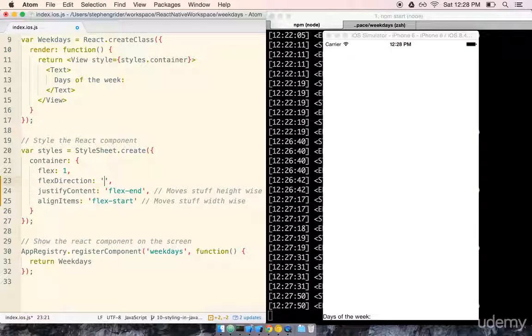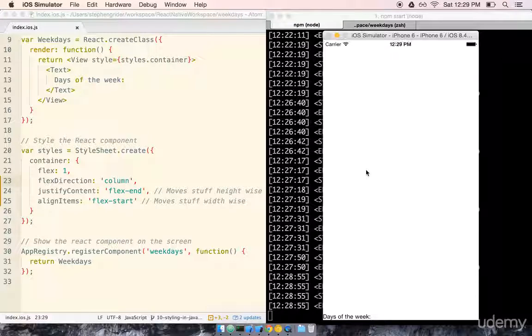Flex direction always defaults to column. So even though we didn't write flex direction before, it really is a default style. It's something that already exists on this element. So I'm going to go ahead and save, and really we should expect to see nothing change here, right? Nothing should be changing. So I'm going to refresh, and sure enough, days of the week, still at the bottom